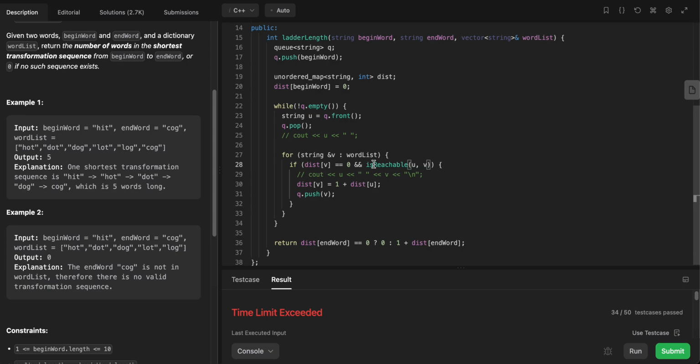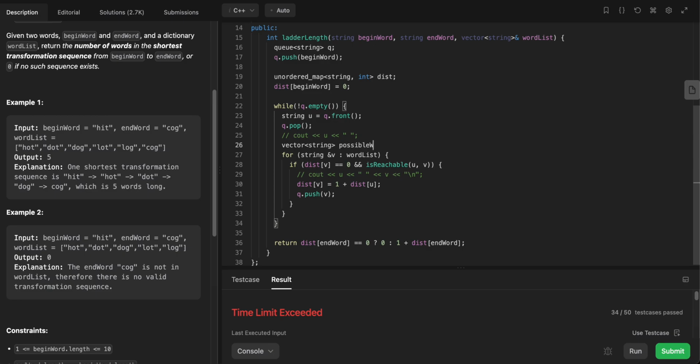From u, can I reach v, not the word list? So let's generate every word from that u. Okay, so given a u, I can have a vector of string